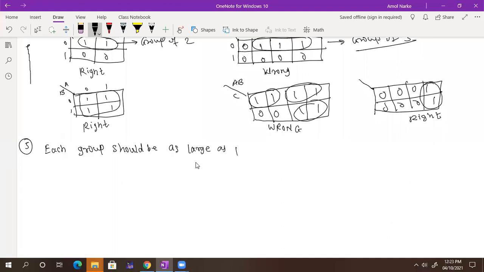Sir, in this example where you have written wrong, where you circled 2 three times, if you would have taken one full, meaning 4 ones, then those 4 ones would have been a group. Yes, this is the first group and that 2 ones is the second group. Someone may say, sir, that separately. Now, separately it is not true. Someone is saying, sir, I can take that 4 ones and that 2 ones. That is also a possible way, but separately it is not allowed.